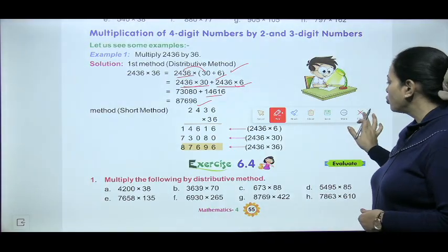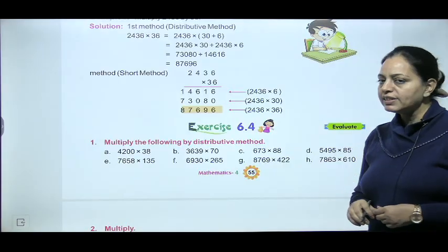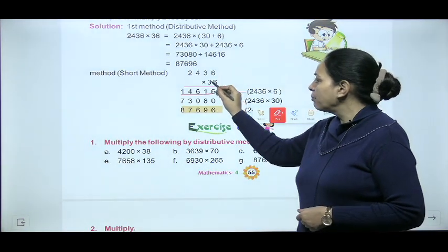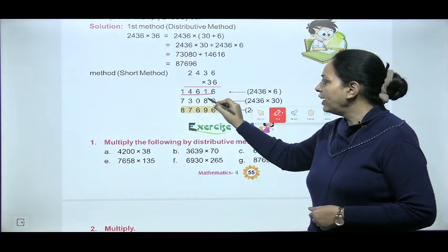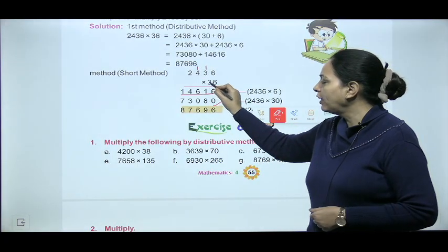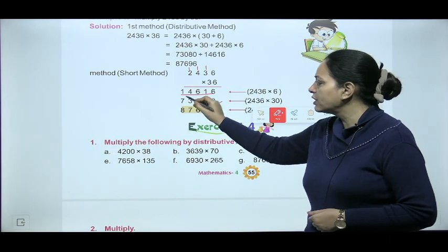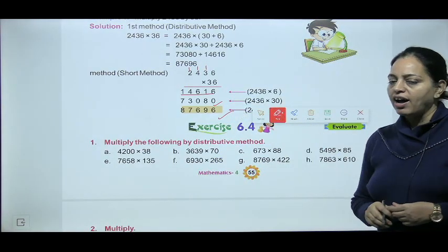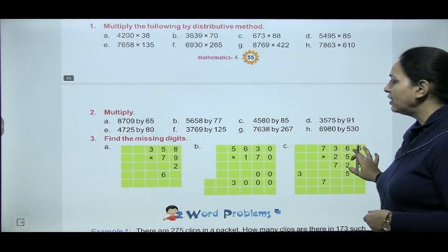Now the second method, shortcut method. So just write it like this. So first multiply by ones digit. 6 से multiply करेंगे, you will get this number. Then multiply by tens digit. So write here 0. 3 6s are 18, 8 here, 1 carry, 3 3s are 9 plus 1, 10, 0 here, 1 carry. 3 4s are 12 plus 1, 13, 3 here, 1 carry, 3 2s are 6 and 1, 7. Now add these two. This is the answer. So very interesting. So exercise 6.4, you can try these sums.